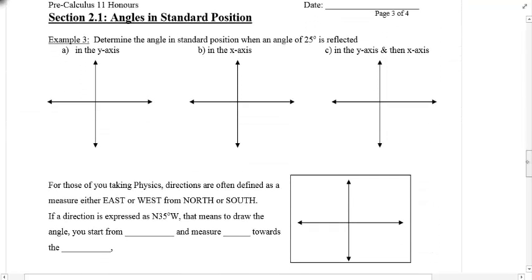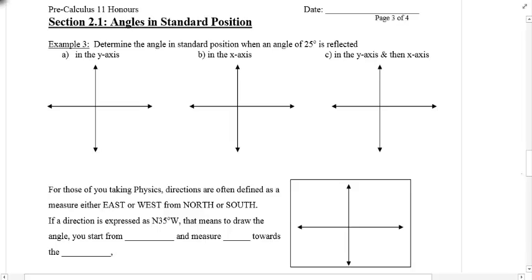Why don't you try example 3, okay? Because I think you can do this on your own. So, once again, you read the question, you do the drawings, and double check your answers with mine. So 25 is here, and if I reflect this in the y-axis, I think the answer is over here. And what would this measure be? Well, this would be 25, so 180 take away 25, I think that's 155